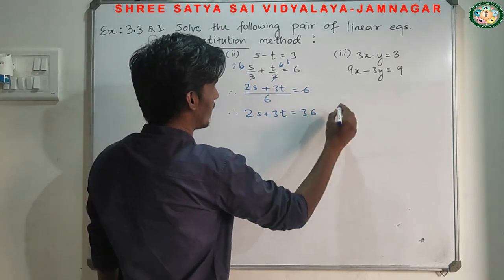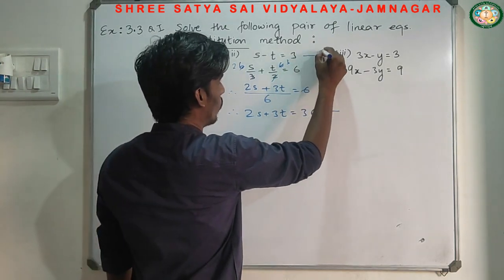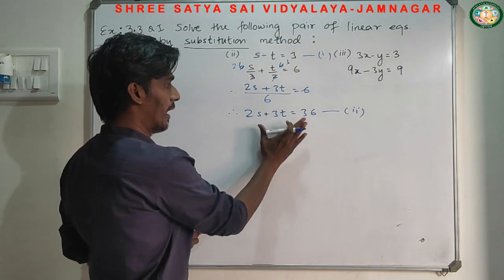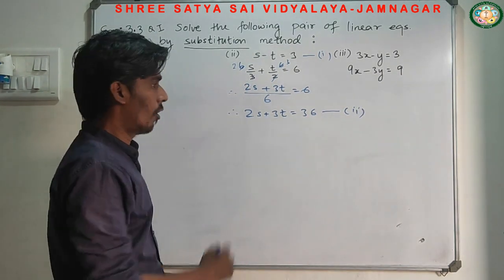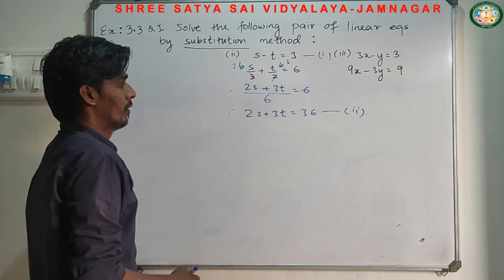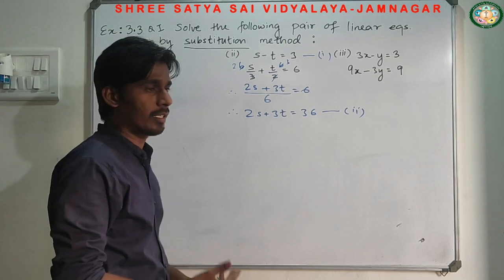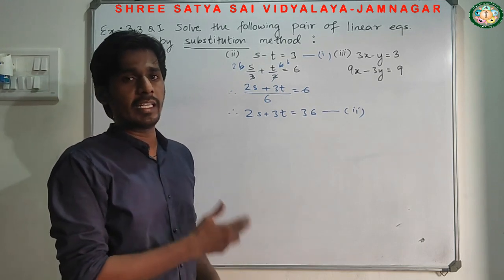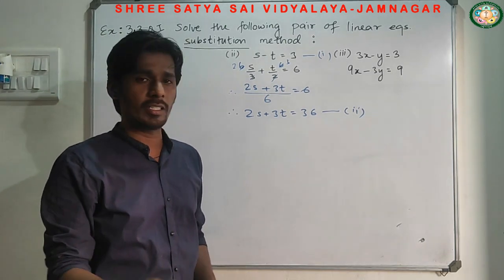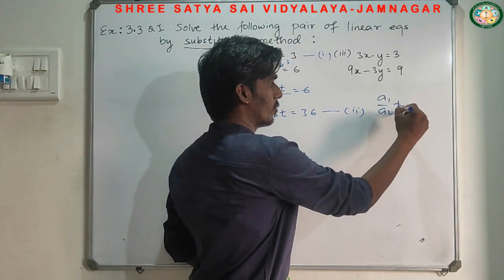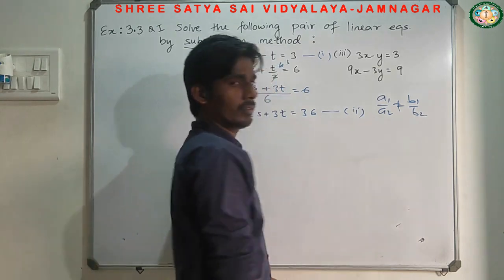So this is equation 1 and this is equation 2. Now it's in a standard form or general form, we can say. Now again, as I told you before starting to find the solution, what do we have to find? Whether it has a unique solution or not. And what is the condition of a unique solution? It's a1 upon a2 is not equal to b1 upon b2.